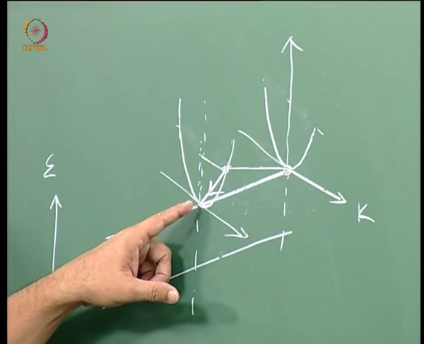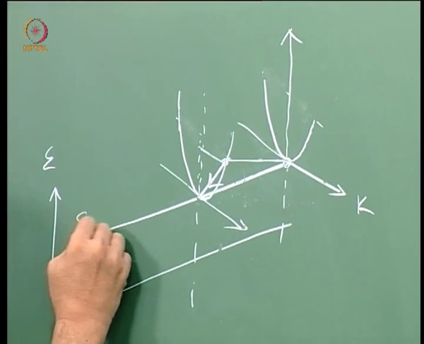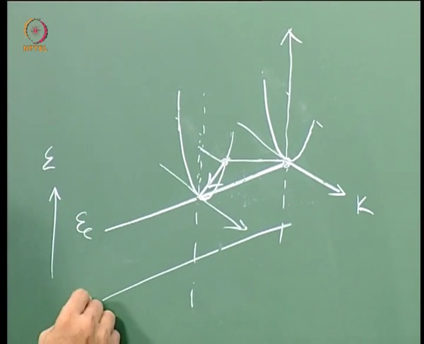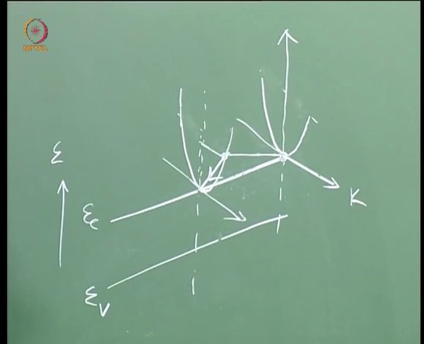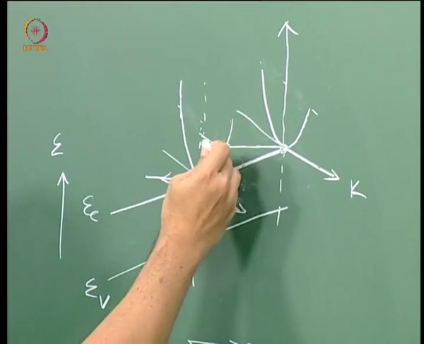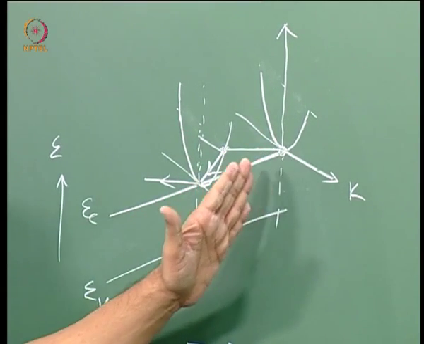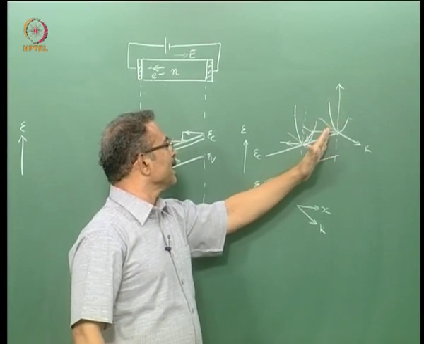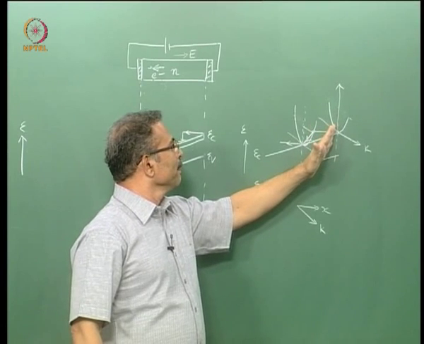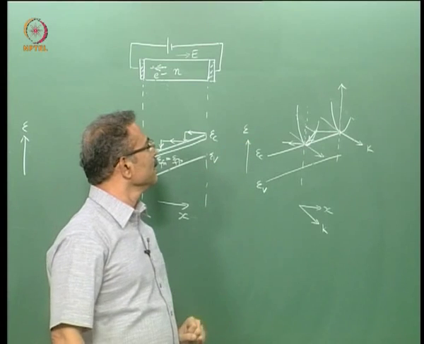Its momentum is getting randomized, it comes back to the bottom of the conduction band, that is at EC, and then it starts again. So I can repeat this process. So I like to draw another EK diagram here to show the next. So this is how the electron moves on the EK diagram when the EK diagram is varying with x. That is what is happening in the drift phenomenon.